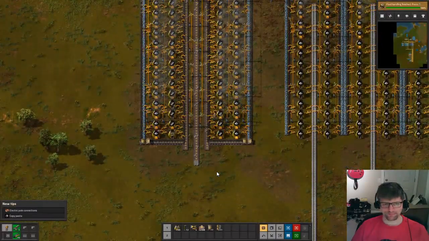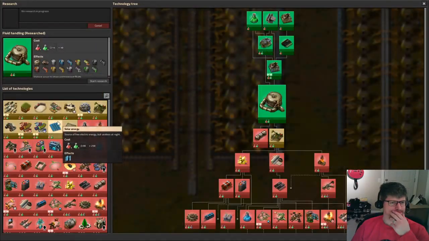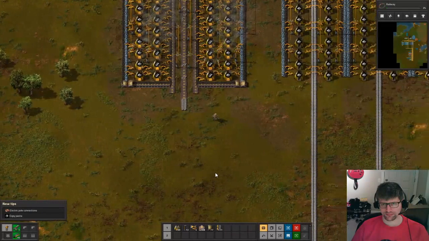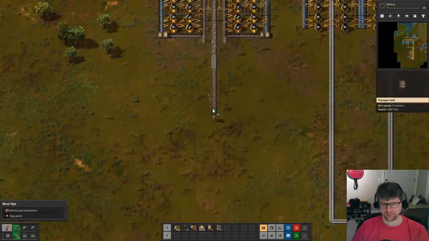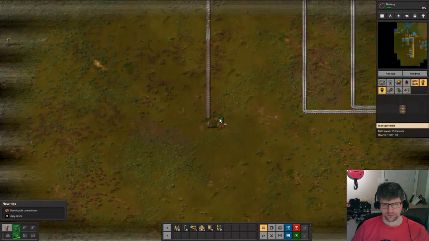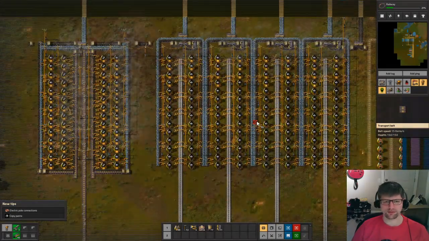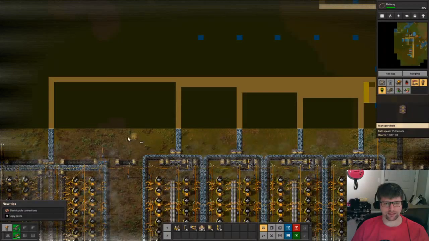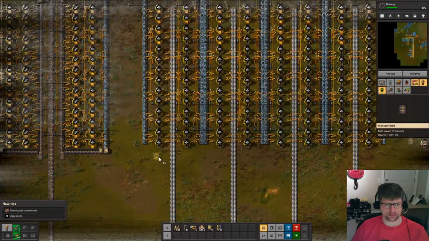Those lines make you happy? Which lines? The gray ones. Sorry, the pandemic. Oh, no worries. Yeah, these gray lines. So like, there's iron ore coming in here, and then there's iron plates coming out here. Iron plates are like the basic constructing unit,